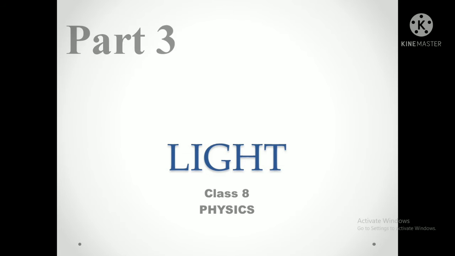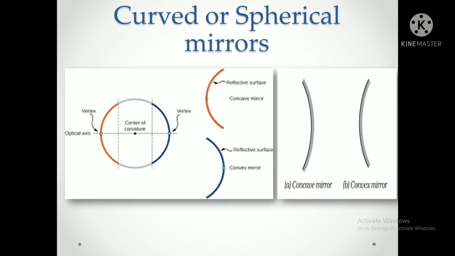Now we will study what happens in mirrors. Okay, what happens in spherical mirrors? Triangular, rectangular, square, everything we have studied. Now we'll study about the circle. Okay, like in mathematics. So no wasting time, let's go.